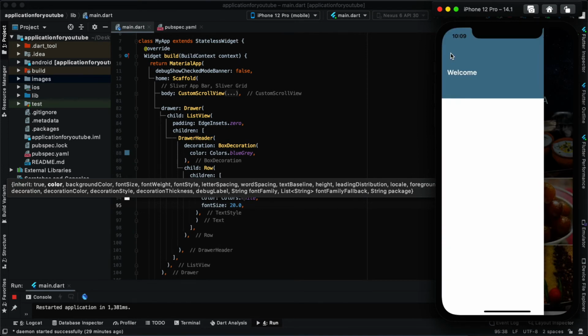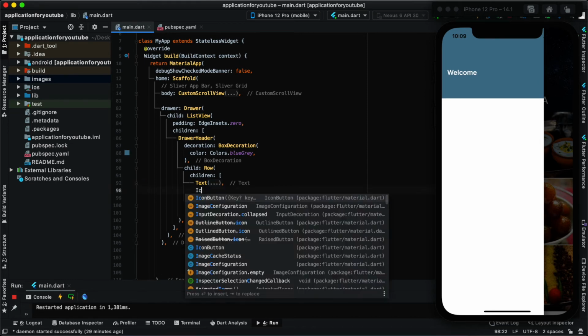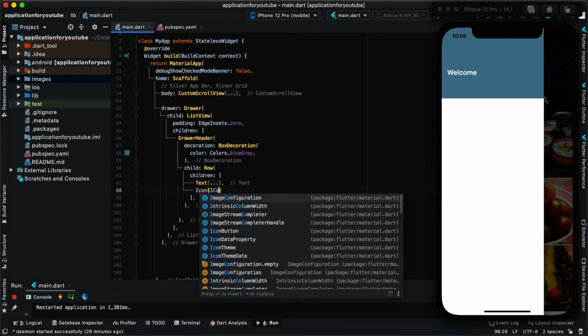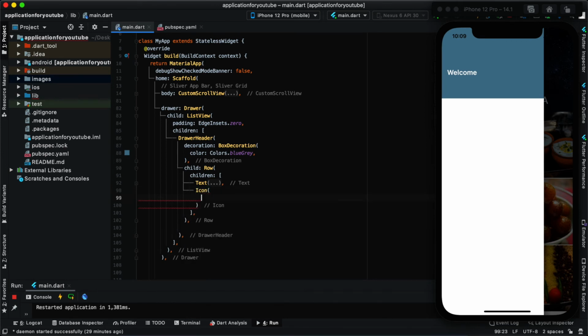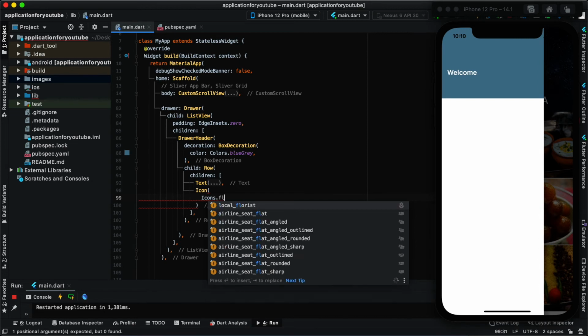Okay, so it will appear something like this. Next I'll provide the icon inside this row. So this was my first child, which is my text. Then I'll give one icon. This is my icon, and I'll take it on the next line, Icons dot, let's say florist.